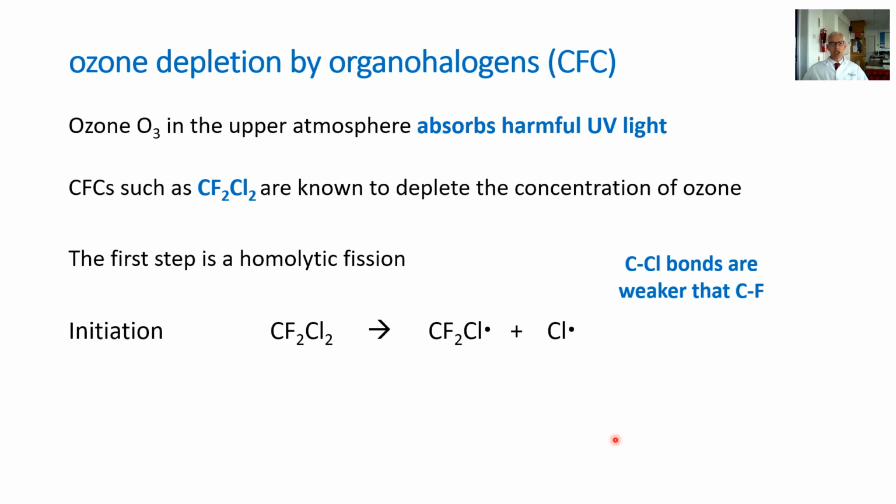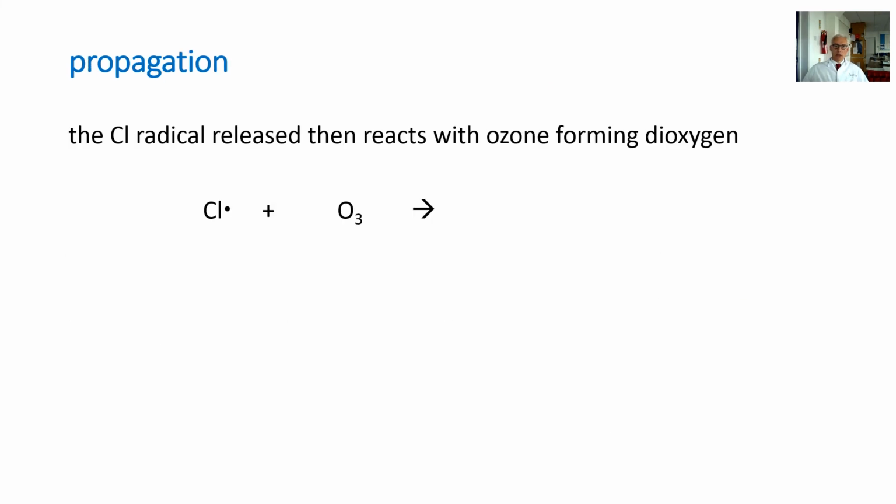But what are the conditions needed for this initiation? Well, articulate it, speak it out loud. Of course, it's ultraviolet light. The energy source for breaking the carbon-chlorine bond is ultraviolet light. So this chlorine radical